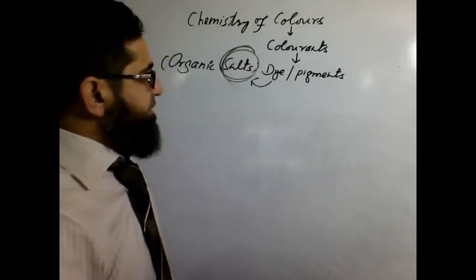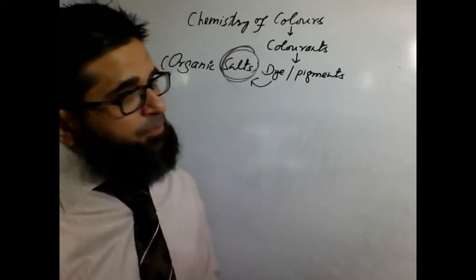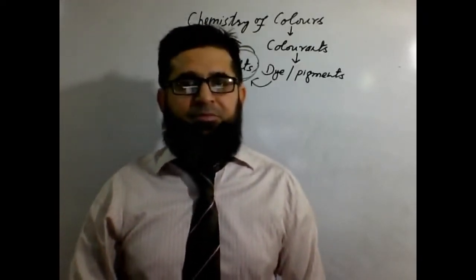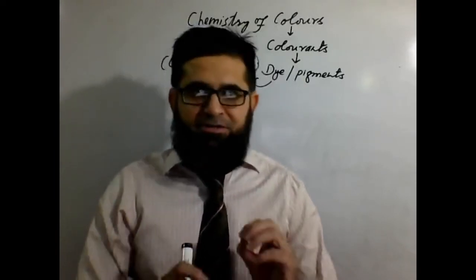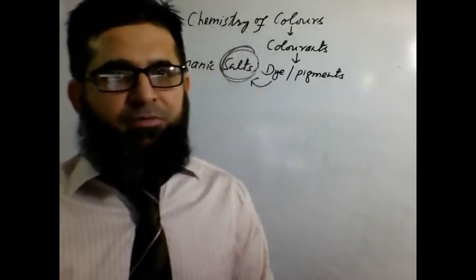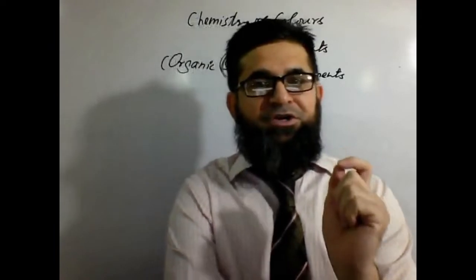What are the dyes and what are the classifications of dyes? I told you there are acidic dyes, there are basic dyes. They can be reactive. Some dyes are called vat dyes, some are direct dyes. Whatever they are, 4, 5, 6, 7 classes of the dyes are known. As we move on, I will explain one by one each and every class of the dye, with a special consideration of their chemistry.